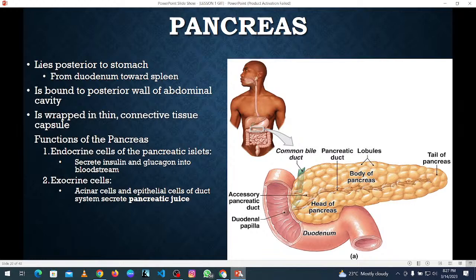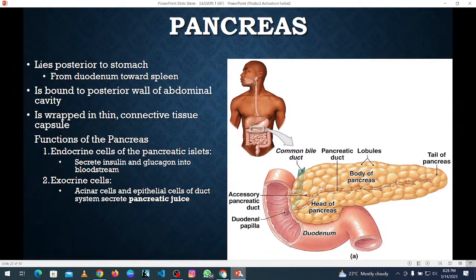Insulin acts more like a key to our cells; it opens our cells to receive glucose. Glucagon normally stimulates the production of glucose whenever the glucose level in our blood is down. So it stimulates the production of glucose in the liver so that it can be taken down into the bloodstream. And we have the acinar cell and the epithelial cell,